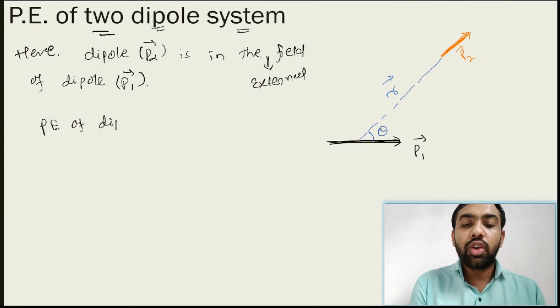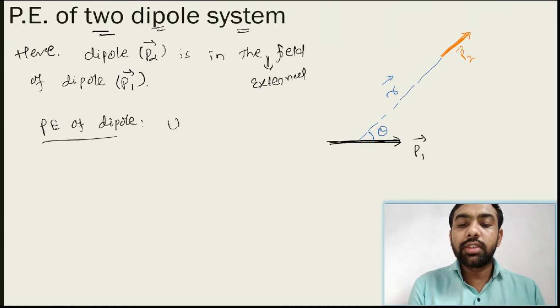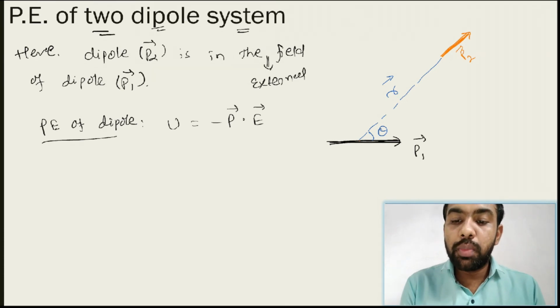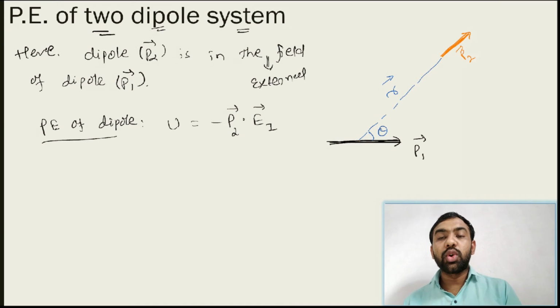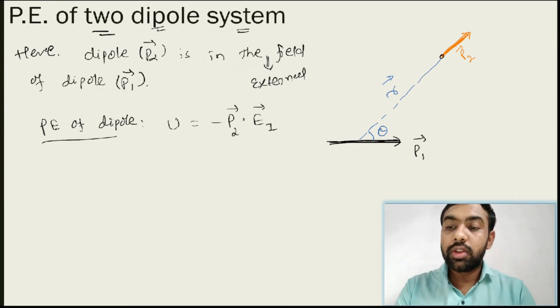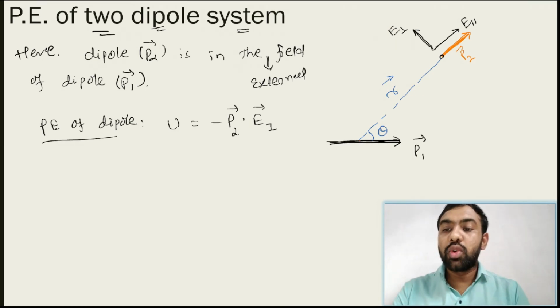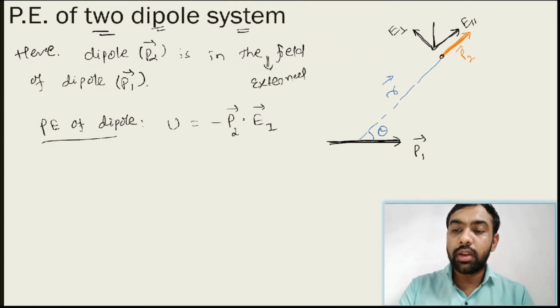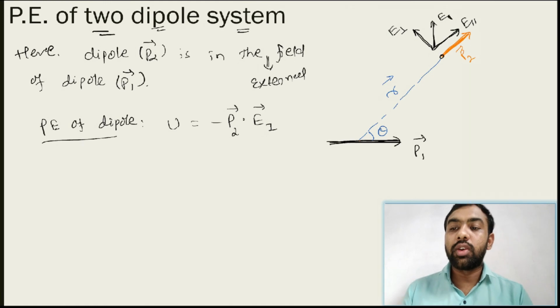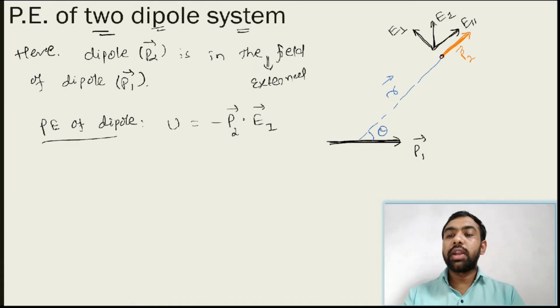सो व्हाट इज पोटेंशियल एनर्जी ऑफ डाइपोल? पोटेंशियल एनर्जी ऑफ डाइपोल is given as U is equal to minus P डॉट E, मतलब कि P2 डॉट E1, ऐसे फाइंड कर सकते हैं कि नहीं. सो व्हाट इज दिस इलेक्ट्रिक फील्ड ड्यू टू दिस डाइपोल P1 एट दिस पॉइंट? यहाँ पे दो इलेक्ट्रिक फील्ड मिलेंगे, एक तो E पैरेलल होगा और सेकेंड होगा E परपेंडिकुलर. तो हम एक्चुअली वी डिराइव दिस रिलेशन E पैरेलल, E परपेंडिकुलर.